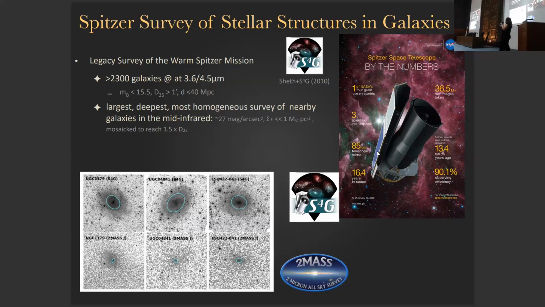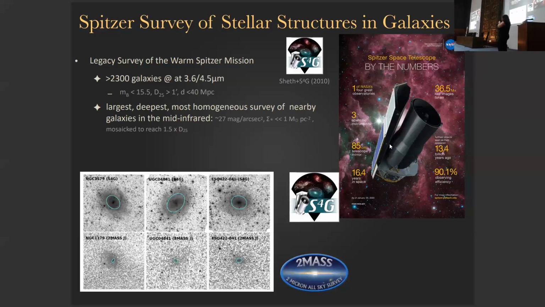So Spitzer did not have any more cryo to support the longer wavelength investigations, but it was still possible to use the 3.6 and the 4.5 micron IRAC bands. And a lot of people became quite creative to run after this opportunity and create surveys that would really take advantage of this. So this was the birth of S4G, the Spitzer Survey of Stellar Structures in Galaxies. The PI is Kartik Sheth.